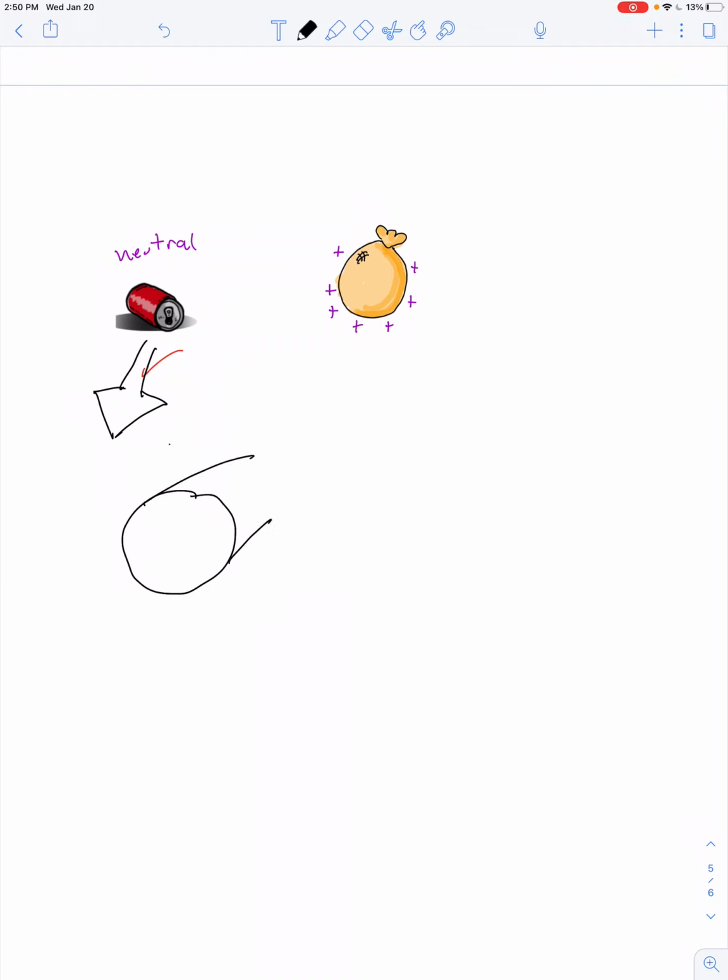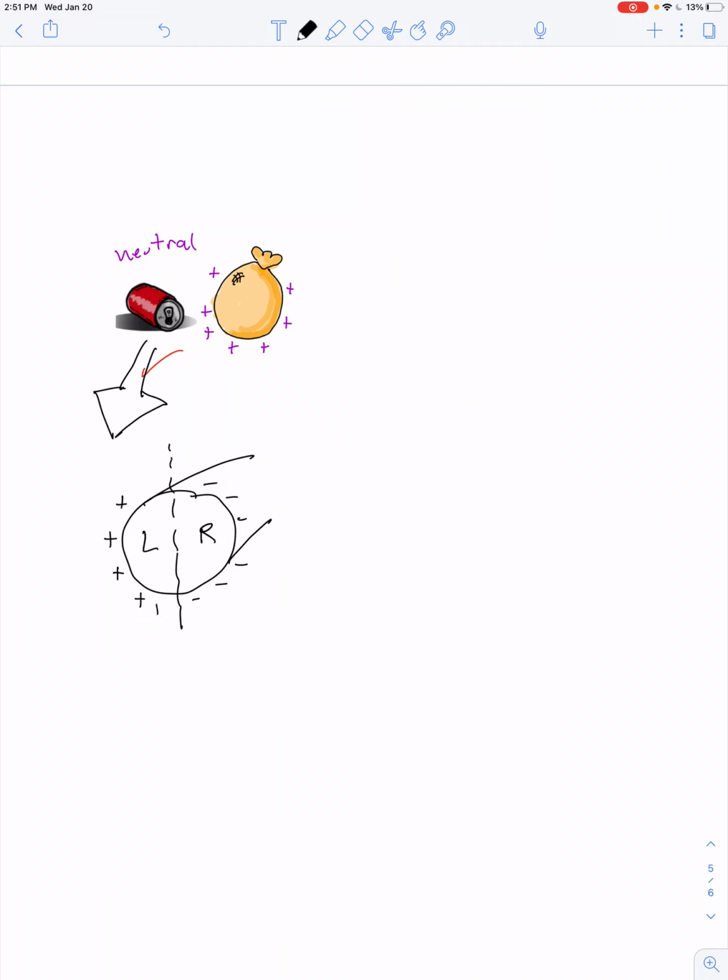What happens is the can gets charged by polarization as long as the charged balloon is close to it. And you can imagine in which direction the electrons go. Free electrons in the metal can have an affinity for the balloon, so they go to the right side. And that means the left side has a positive charge to it, right? So the can is charged by polarization. Okay, well, that leads to a force of attraction because this half of the can is attracted toward